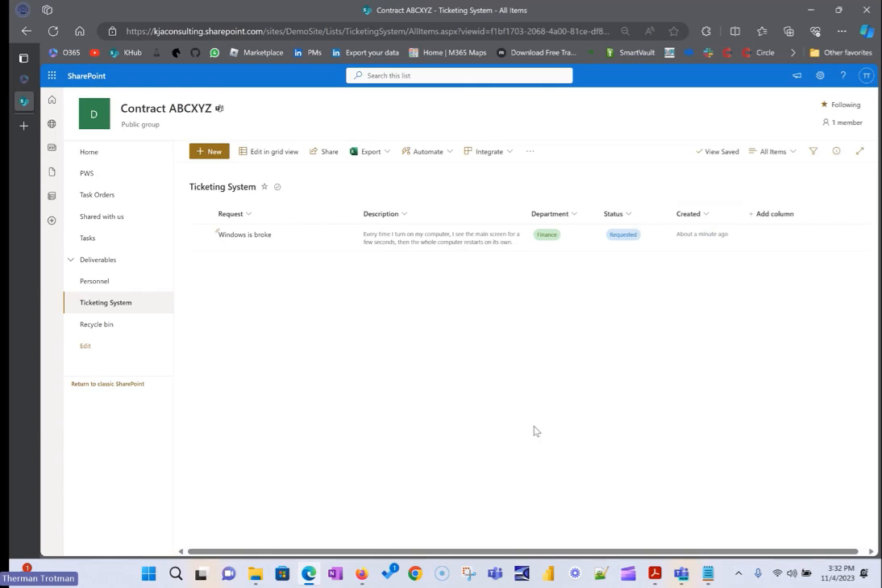So now I have a request here, and I can see that it's still requested. It's from the finance department. Here's some information, and I can see that the main thing is that the Windows is broke. That's what they said. Okay, cool. Now let's take this to the next step and show you what you could do with this